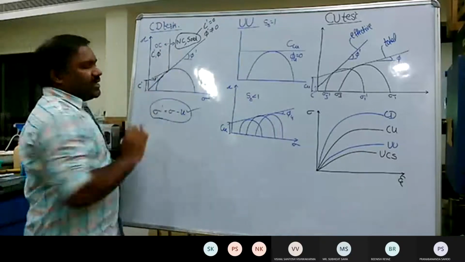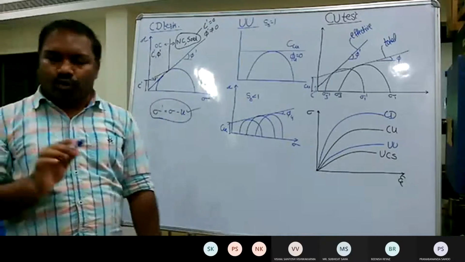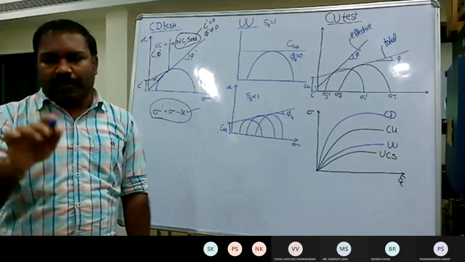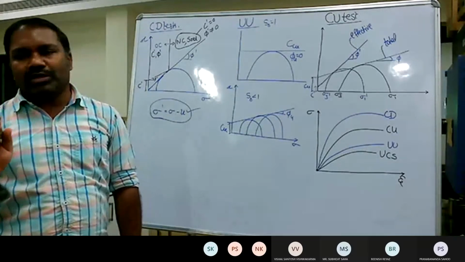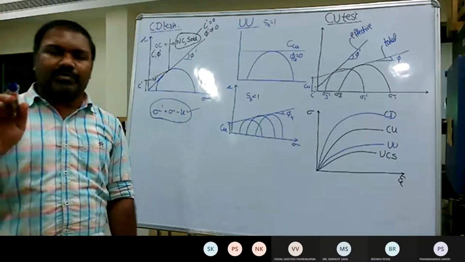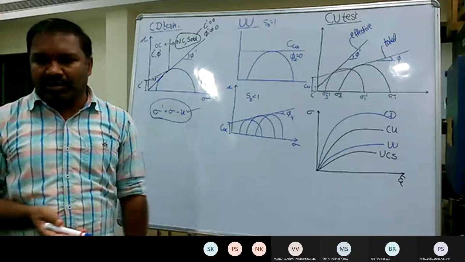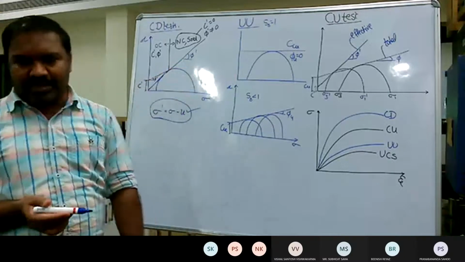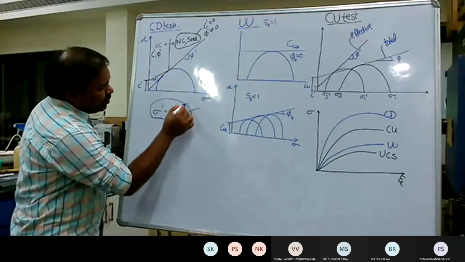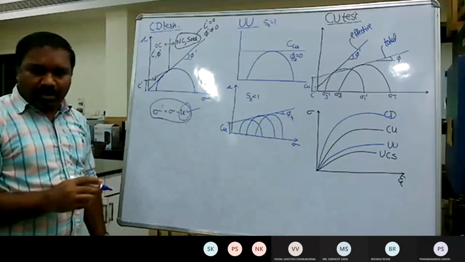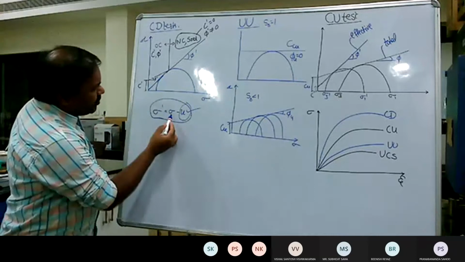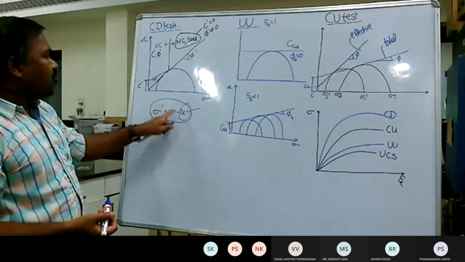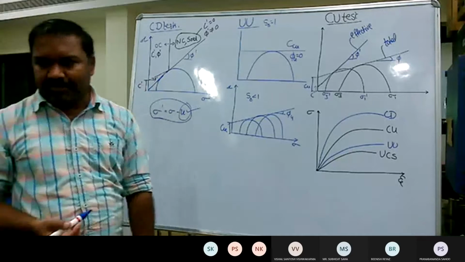Now in the CD test, the drainage valve is opened both during the consolidation and shearing. So the moment you apply the load, no load is borne by the water because it is simply dissipating. There is no water within the soil sample. By the end of the CD test, no water, only soil exists. So just imagine, when there is no water, there is no u, no pore water pressure component. No u means whatever you apply as total will become the effective. When there is no u, there is no c component.